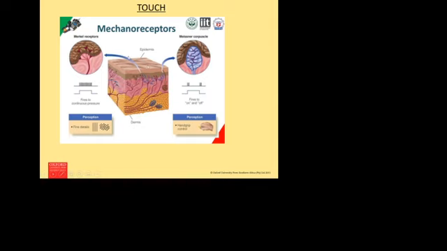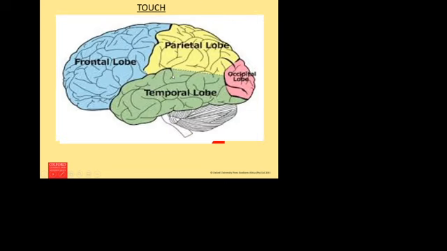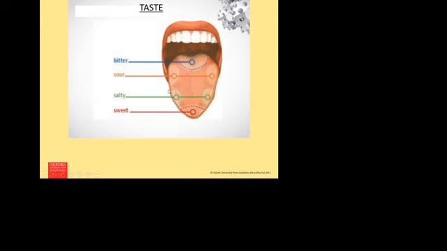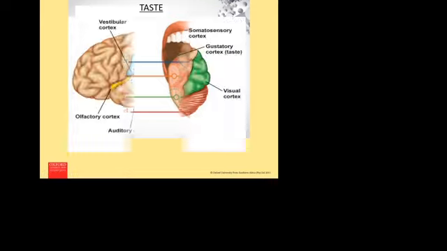And mechanoreceptors for our skin. This is the outer part of the skin, and under the outer part there's a mechanoreceptor sensitive to touch. In the brain, the part responsible for processing information about touch is the temporal lobes, and for taste, there is a part responsible for processing the information about taste,